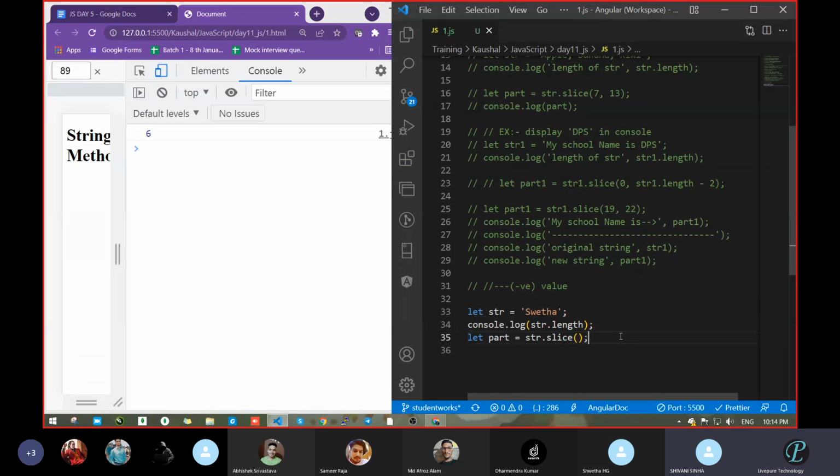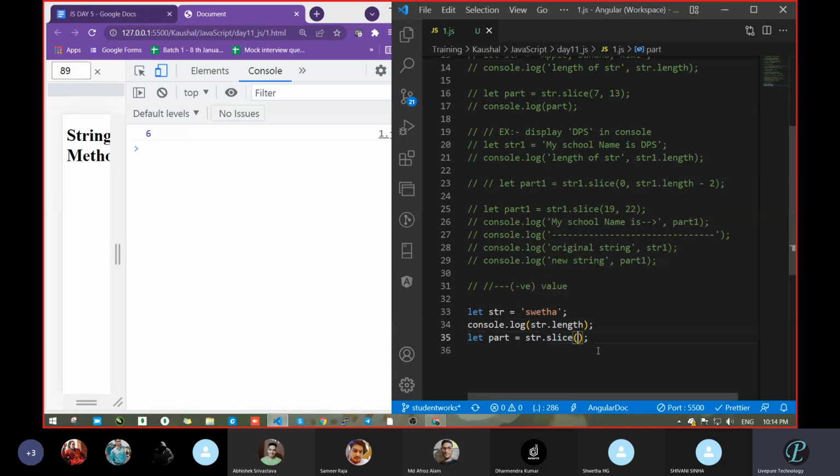No, sir. 0 to 5 we can write inside. Okay, sir. For I not taken start and end position. Sorry, this is the effect of AI. Okay. So str dot length is taken as the length.